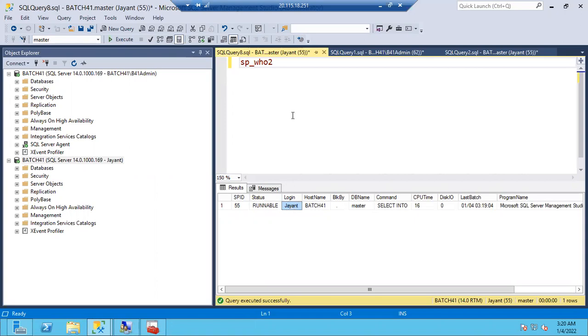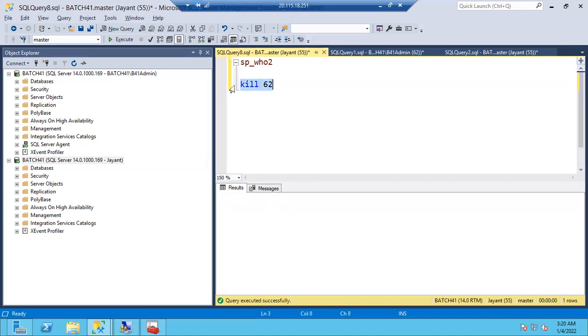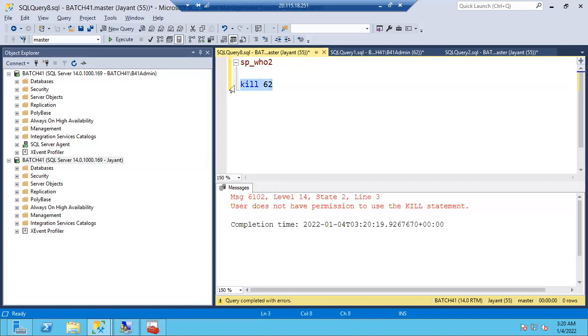Without looking at which other processes are running, how can I kill one? Okay, somehow you know the SPID of others. Now you want to kill, you know the 62 session ID, process ID. Somehow you know the process ID, but Jayant is trying to kill another process ID. The user doesn't have permissions to kill this. Somehow Jayant is trying randomly. He knows all the process IDs, so he is trying randomly 62, 63, but he cannot kill it. Why? Because he doesn't have permissions. When can he kill it? Let me add Jayant.